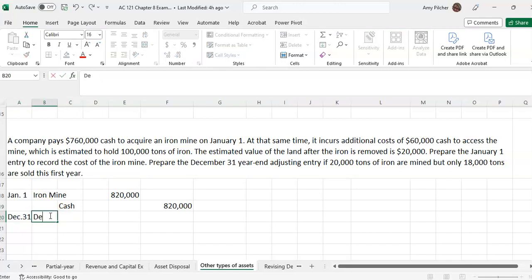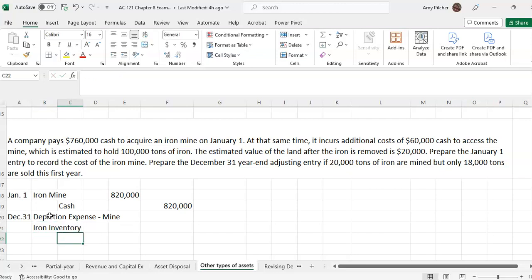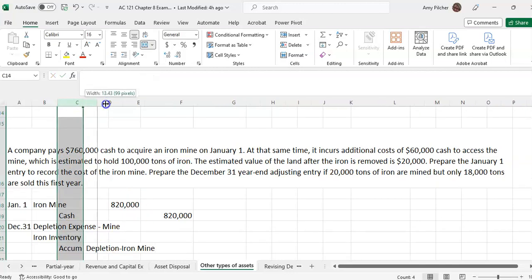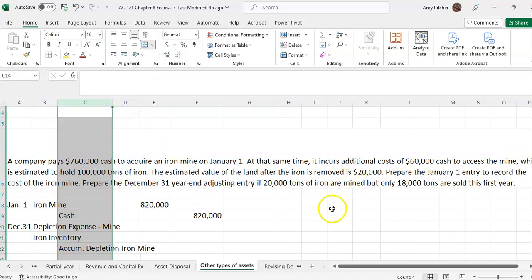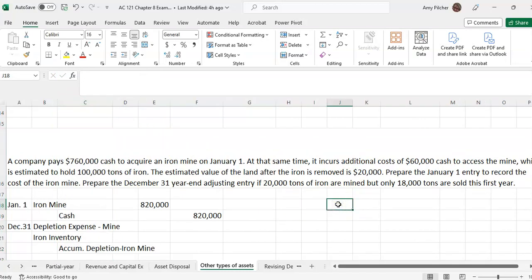So we have our depletion expense for the mine. Then we mined more than we sold. So now we have inventory. We have iron in our inventory that we haven't sold yet. And we have the accumulated depletion of the iron mine. Okay. So now we just have to calculate amounts. So the mine, the cost of the mine,